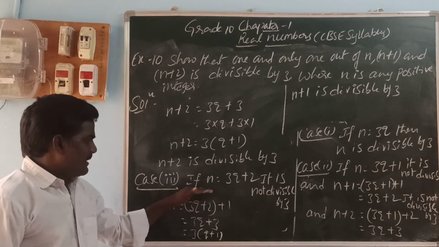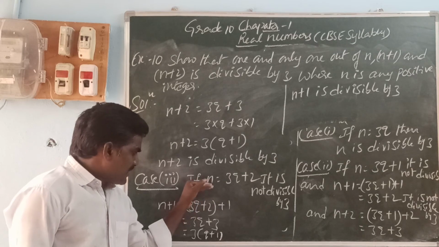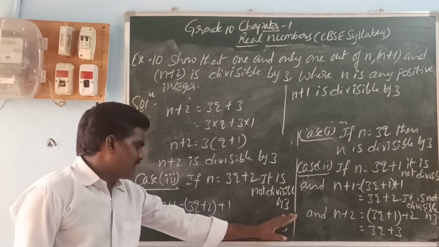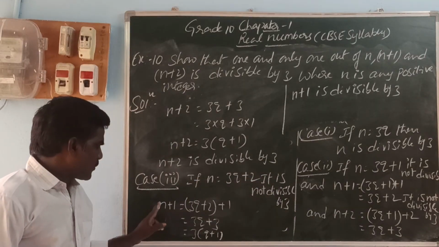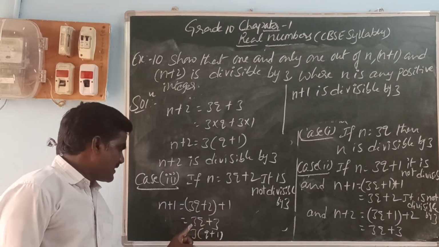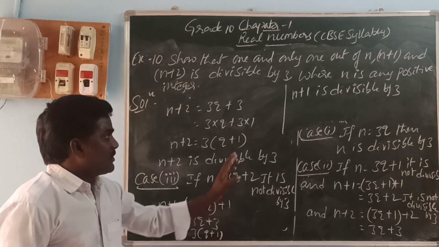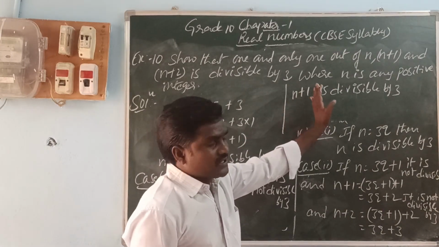Next, case 3: n is equal to 3q plus 2. Here if n is equal to 3q plus 2, it is not divisible by 3. Next, n plus 1: what is the n value? 3q plus 2, so 3q plus 2 plus 1, that is equal to 3q plus 3, that is 3 of q plus 1. Therefore n plus 1 is divisible